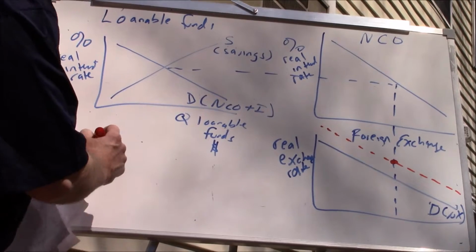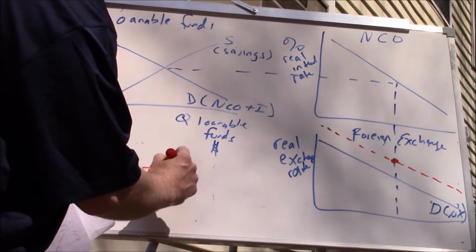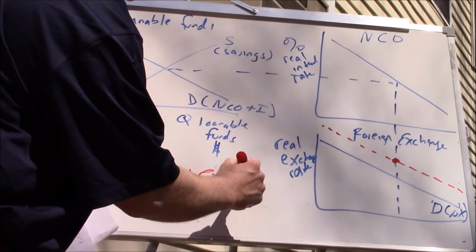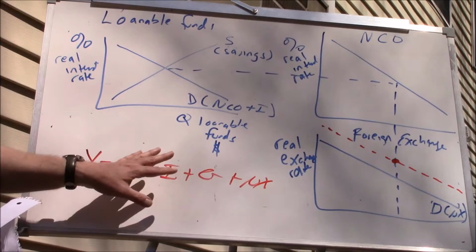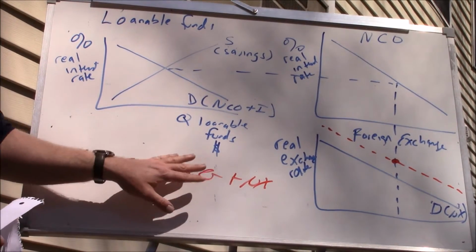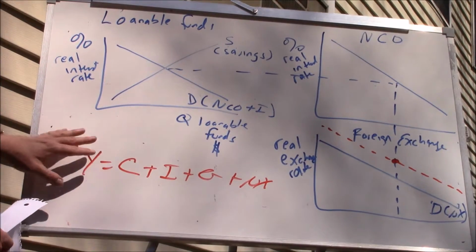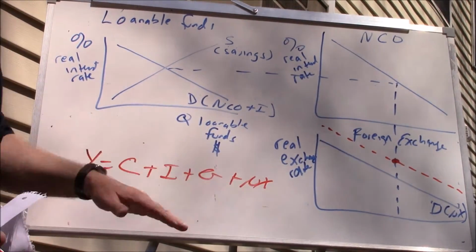Right, because GDP is consumption plus investment plus government spending on goods and services plus net exports. And if net exports is negative, it means our consumption, our investment, and our government spending on goods and services is greater than the amount that we're producing, because the amount we're producing, of course, is brought down by this negative number of net exports.